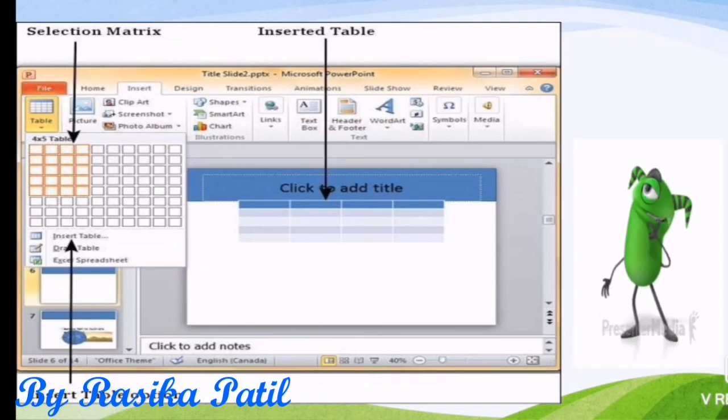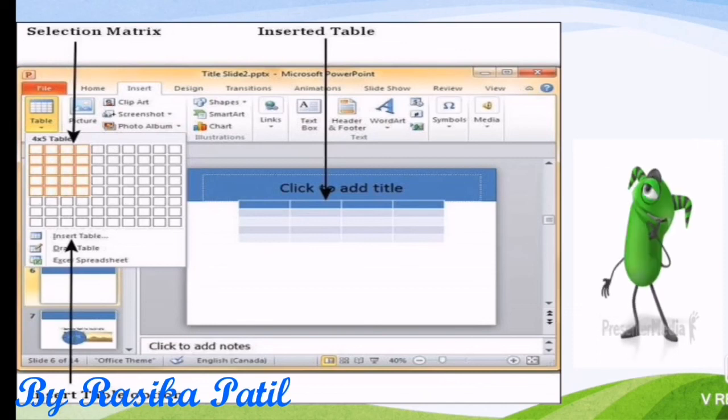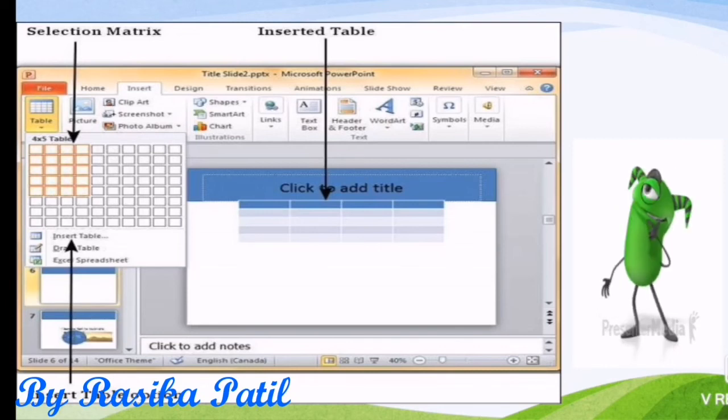Now suppose I want to select the table from the selection matrix. Selection matrix means the boxes which are present; that section is called the selection matrix. You have to keep your mouse pointer over there, and by pressing the left mouse button, you just select the number of rows and columns you want.